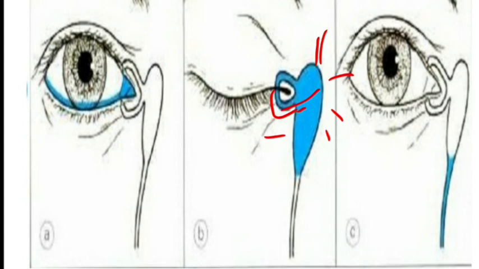So when it relaxes, what happens? Since it is relaxed, the lacrimal sac will collapse, thereby draining the fluid towards the nasolacrimal duct, and the pretarsal part is also relaxing, thereby distending the ampulla as well as the canaliculi and drawing the fluid from the conjunctival sac into the canalicular part. So this is the physiology behind the drainage of the tear film.